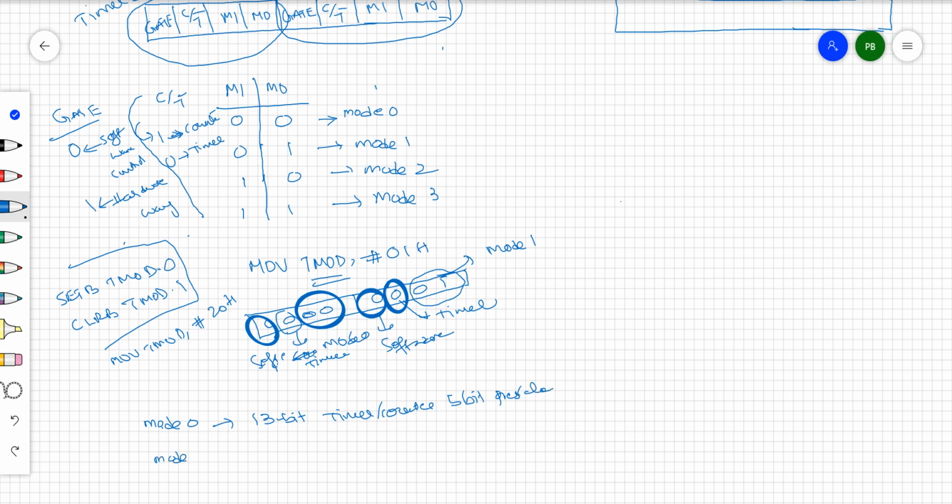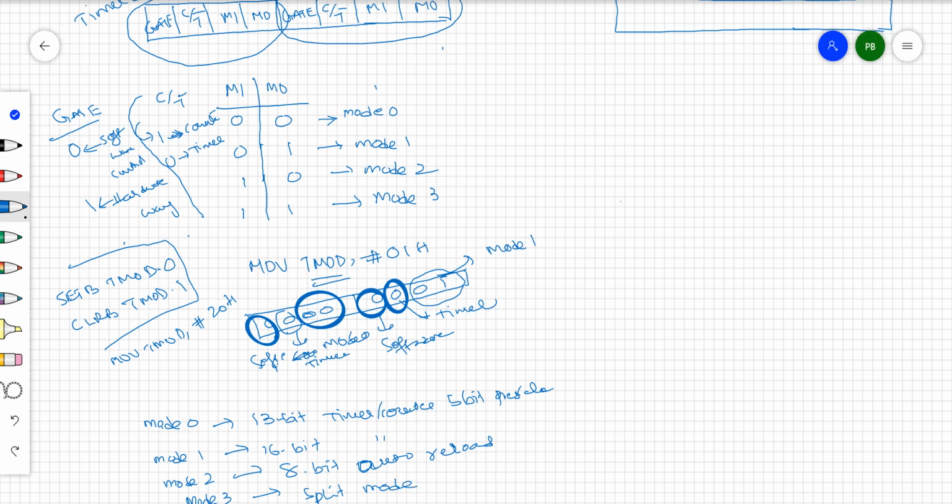Mode 1 means a 16-bit timer or counter. Mode 2 means the 8-bit auto reload mode. And mode 3 is split mode.